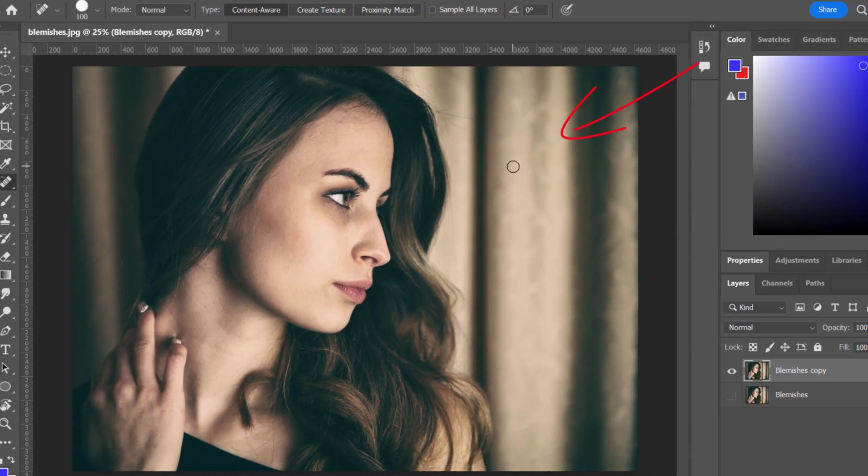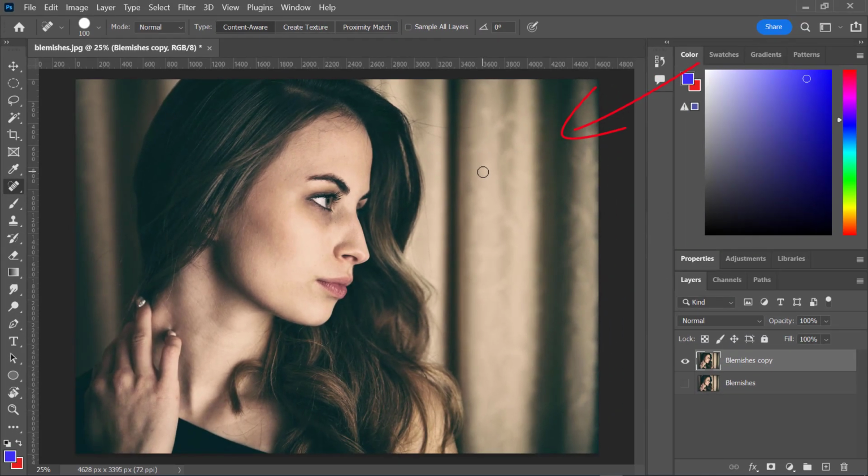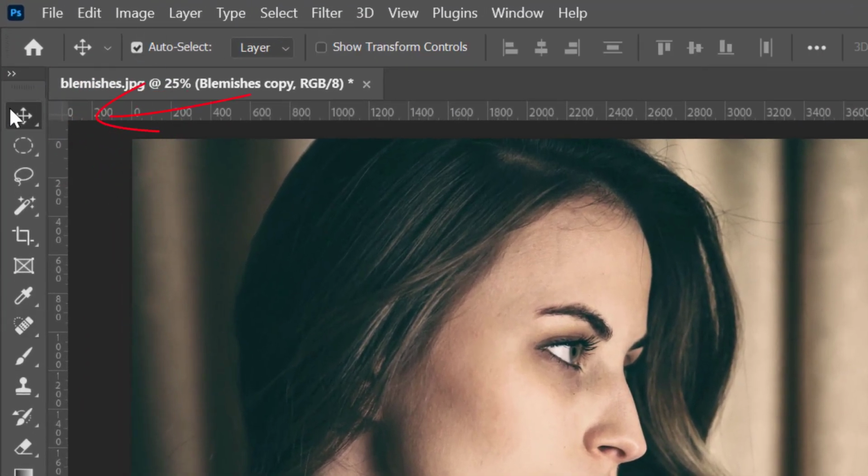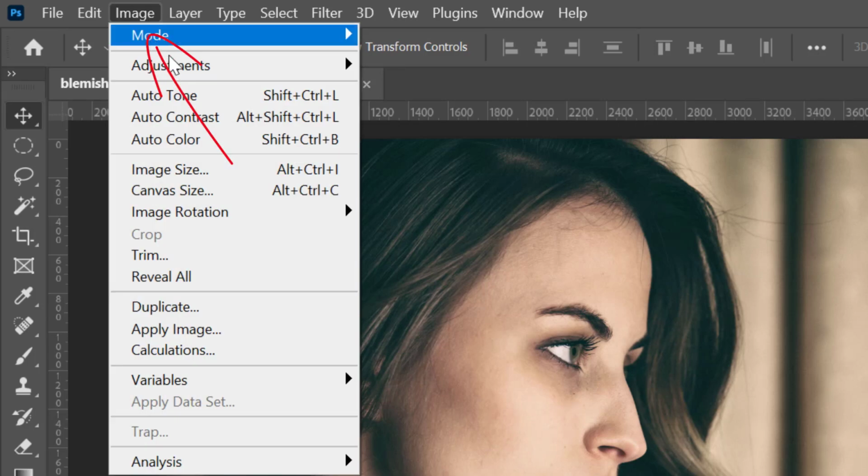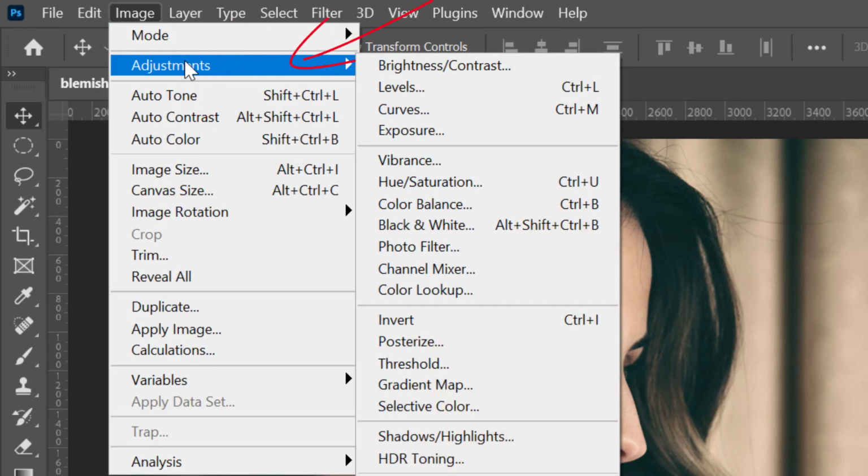We can also work on the image further by adjusting the brightness, contrast, and many other image properties. We will select the image layer and click on the Image menu to select Adjustments. Here, we can explore all the image adjustment options, but we will work on the most important, which are brightness,